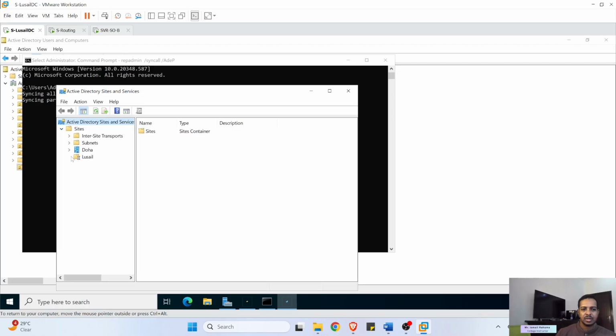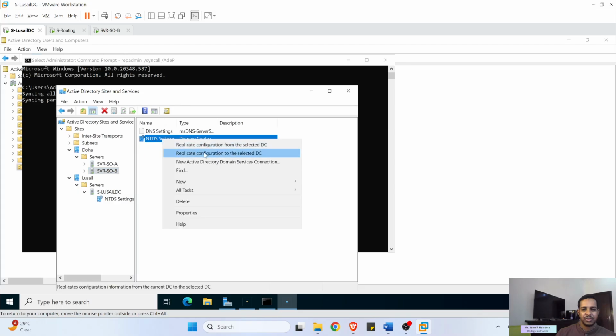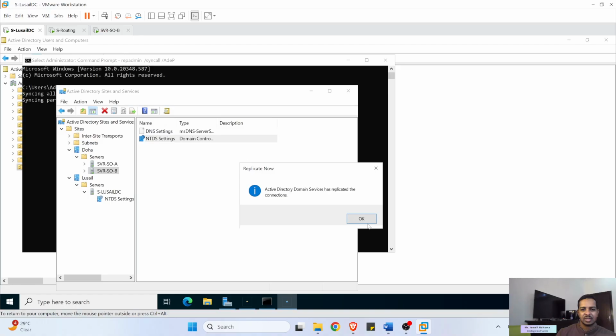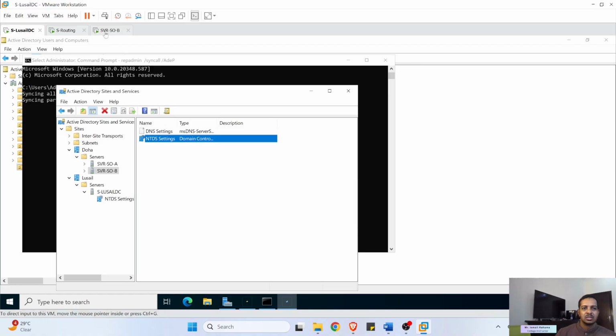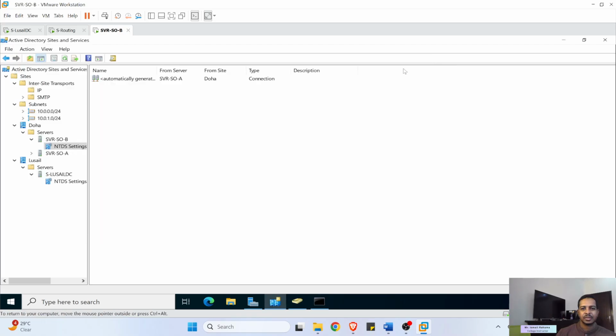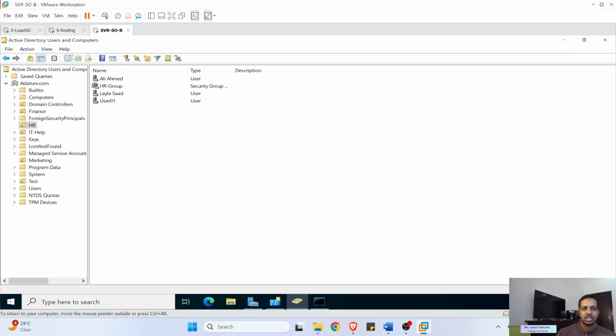So we open Locale server, the database. Actually, we don't have this option here. Let's go to Doha, because this is a member type, replicate configuration to selected DC. Okay, success. So I'm going to server B, go open Active Directory. Let's refresh,